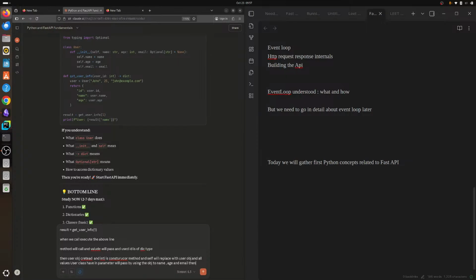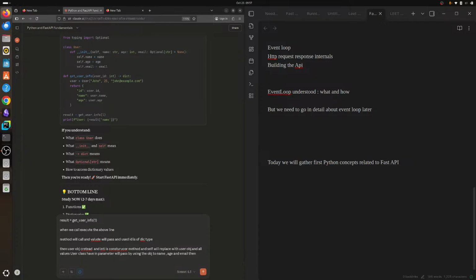Then it will print, then get user info method will, and then init method will return the object, and